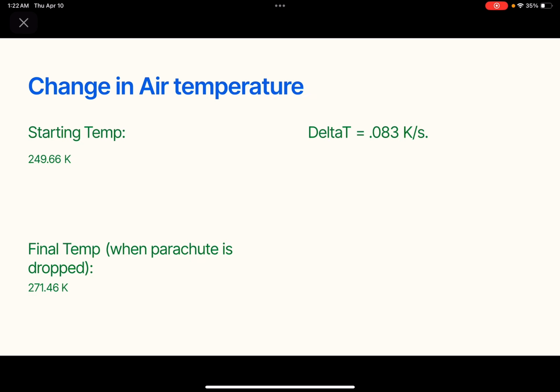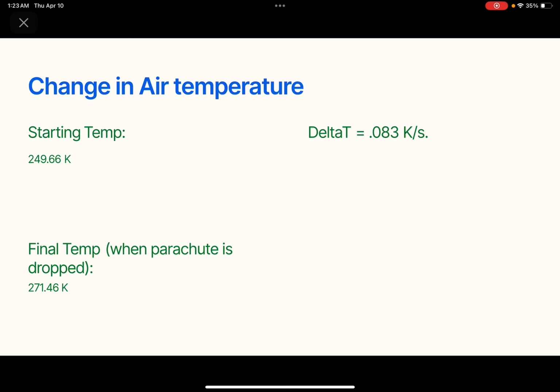And for the change in air temperature, I used an online calculator to find it. And the starting temp when he was at the 120,000 feet is 249.66 kelvins. And then his final temp when the parachute is dropped is